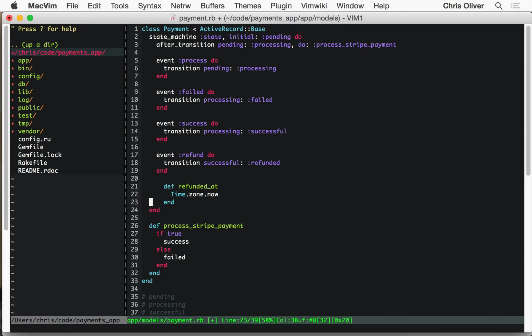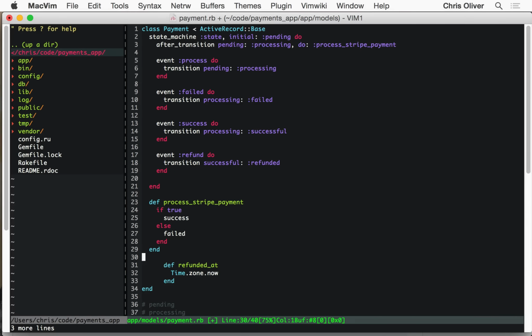If you didn't have it in here, you would have to move it out, and you would have to make this method down here. And first, you would have to say let's return nil if state is not equal to refunded. So you'd either have to do something like this, or you'd have to raise an error. So you could raise some sort of error, and that would be awful as well, because now you're putting all this stuff inside the method, and, well, you're not supposed to be able to call this, so we need to protect it. And it just goes on, and it becomes kind of a painful thing